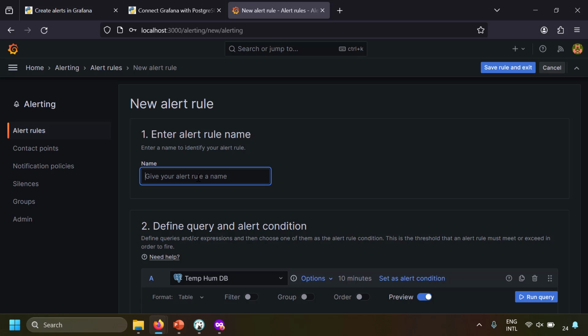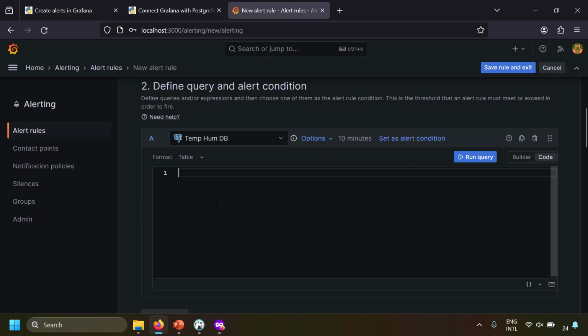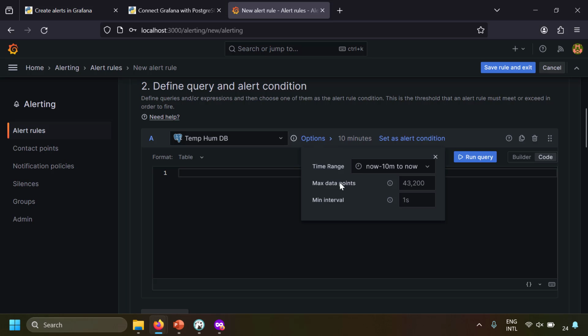I'll just name it sensor1 alert. Alright. Now we need to define the query. Again, let's go to the code mode and let's try to define the alert. And here in the options, you will define how much period of data is to be fetched. And here in the options, I'm getting the last 10 minutes data, which is okay for me because for alert